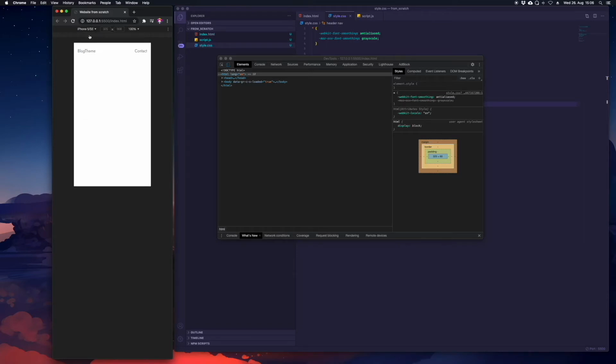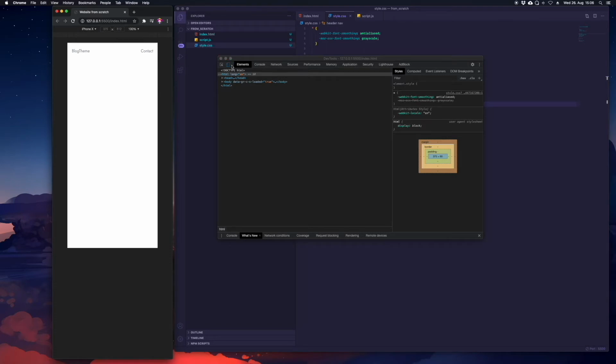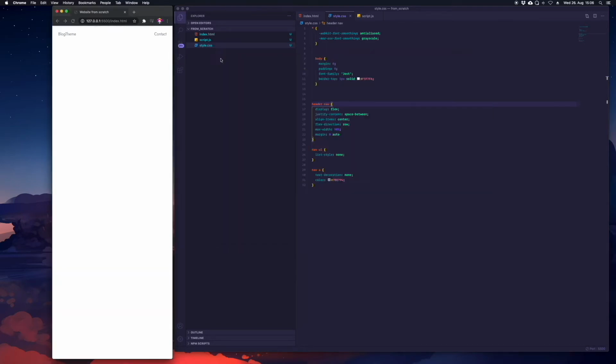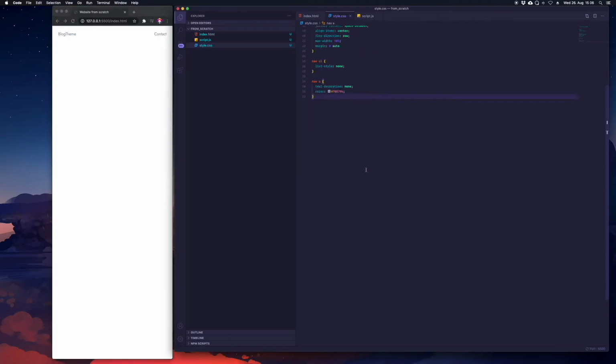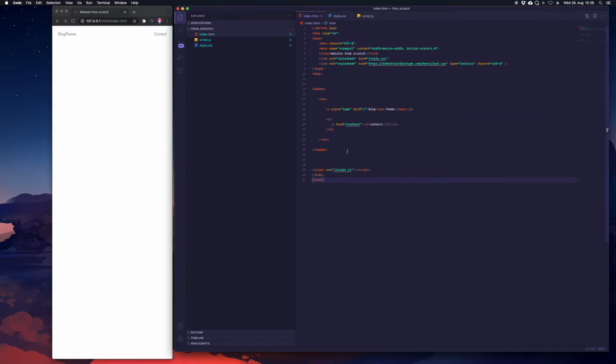No matter if you have an iPhone 5 or iPhone X, this is a pretty minimalistic header, and it should work for both mobile and desktop. So that's it for the header. Now we move on to our hero section. So for the hero section,